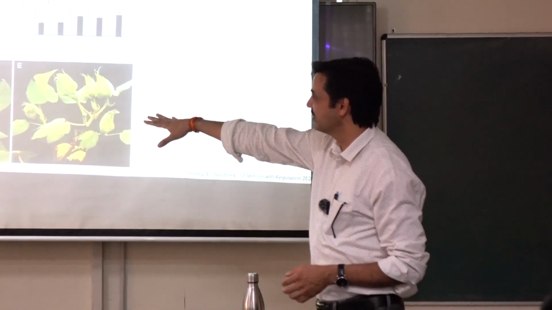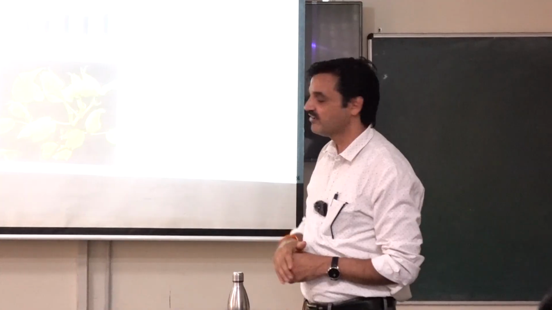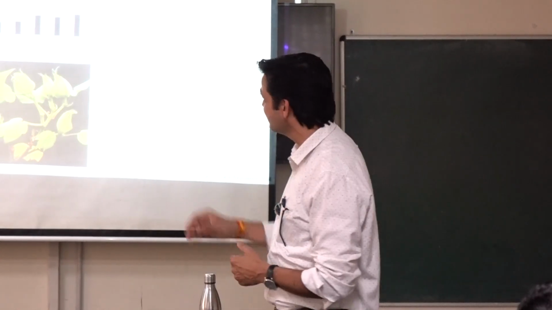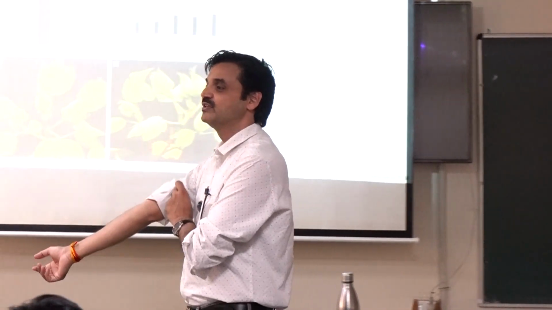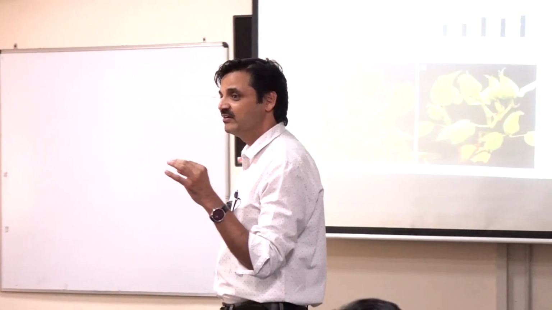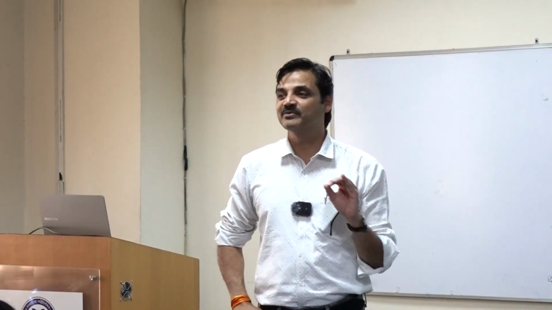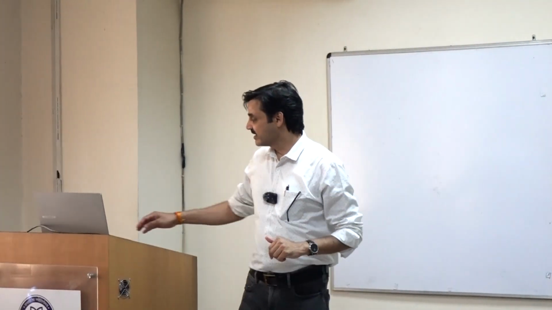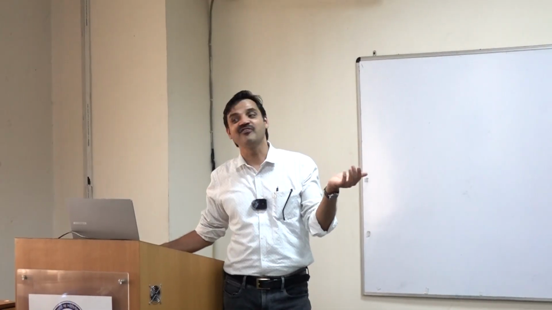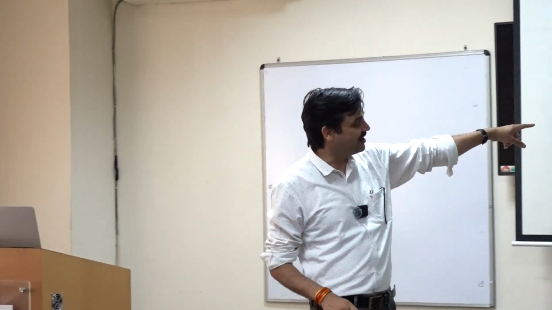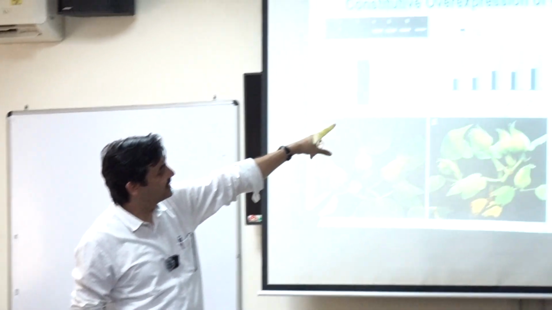You have a typical picture where you have 3 flowers shown, and you have at least 5 to 6 flowers. Number of flowers is what? Number of fruit is what? Fiber. So the first achievement that we got here is that we could increase the flower number. Flower number is proportional to fiber. So we could increase production, but our target was to see how fiber length was affected. From these flowers, the fruit came up, and we can see the control.